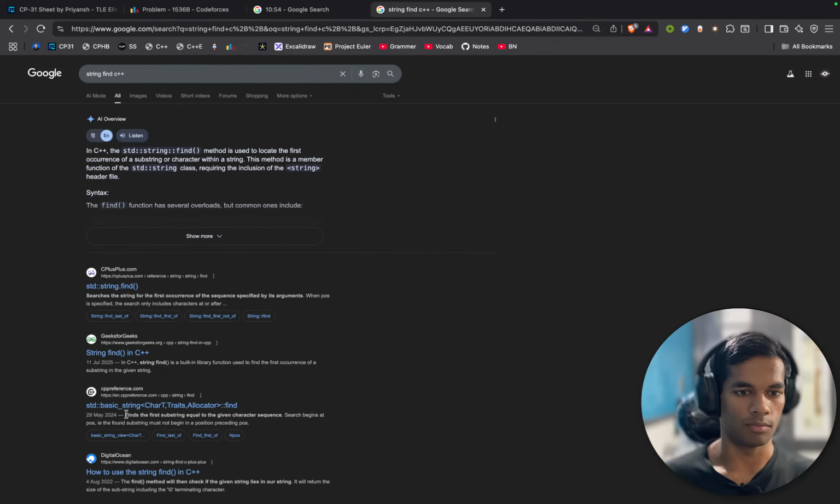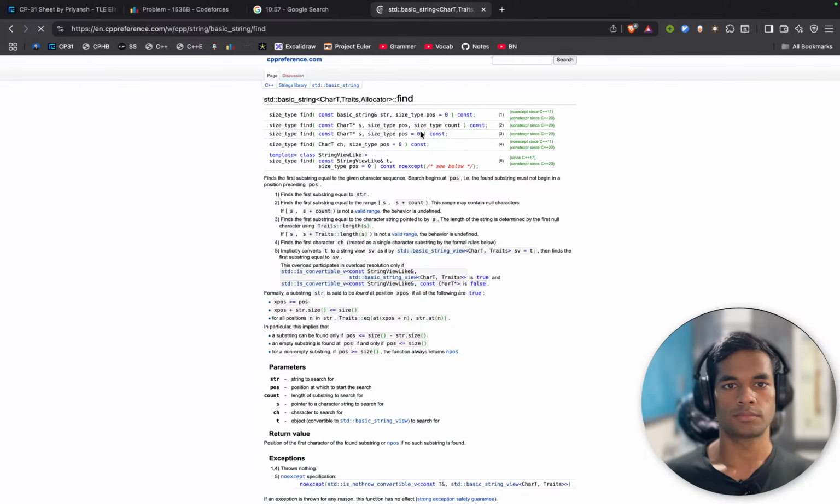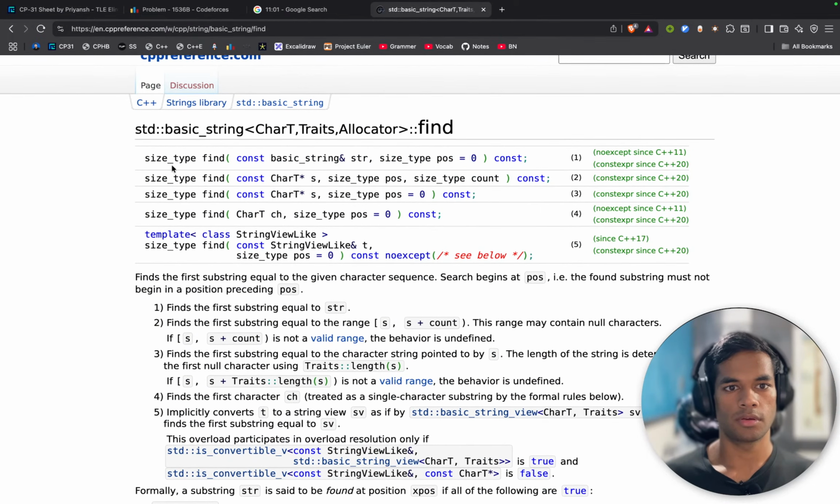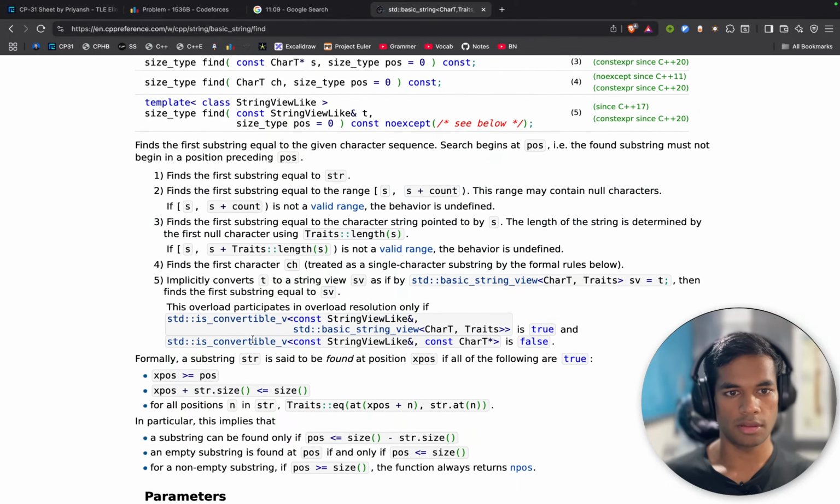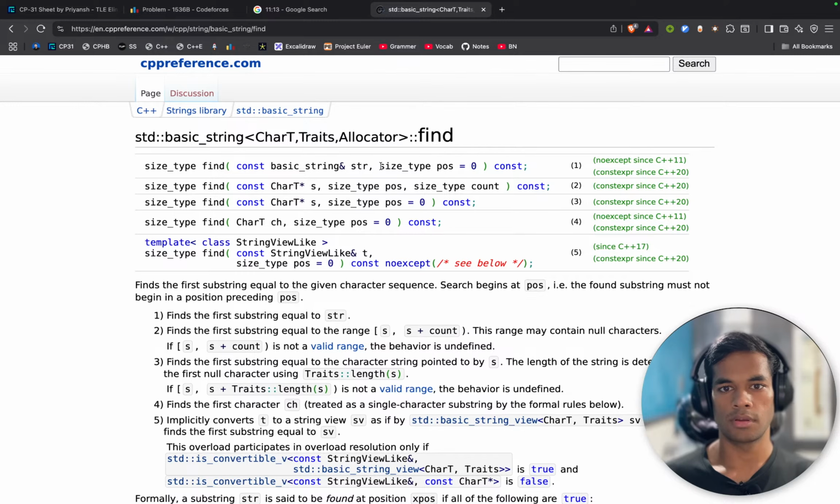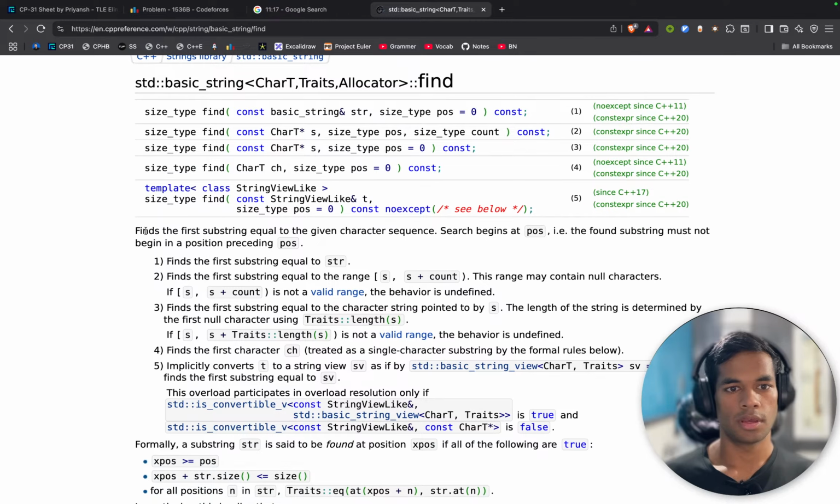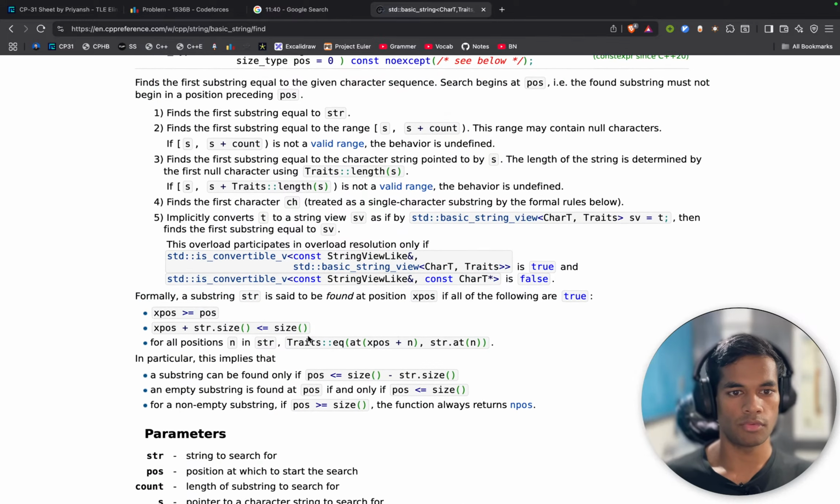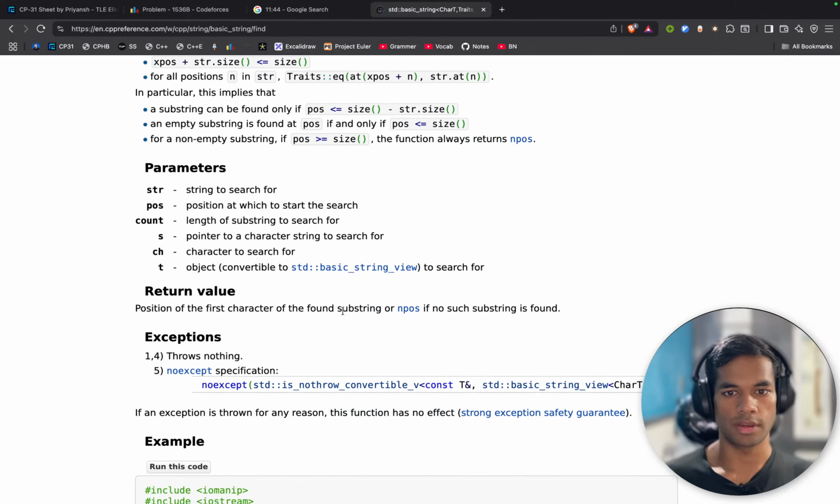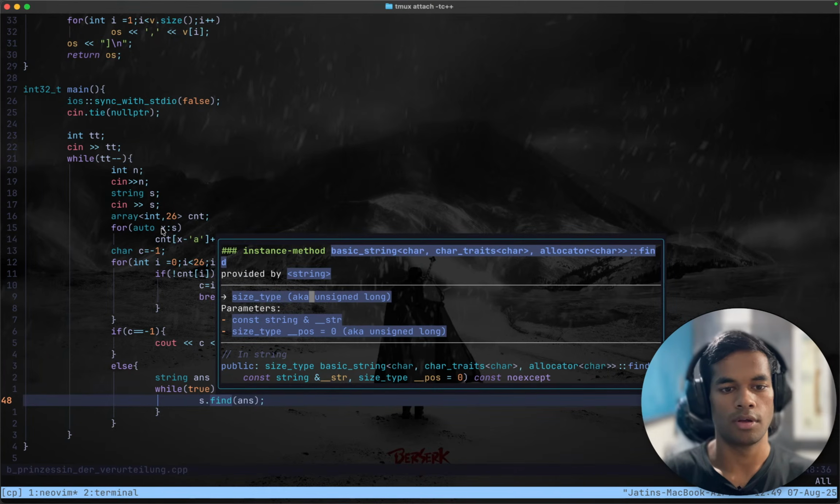CPP reference. Find constant basic. Okay, it returns this thing. So what I'm trying to look is, if it finds the string, it sends the index, but what if it doesn't? Find position initially 0, start looking from there, and finds the first substring equal to the given character sequence. Search begins at position which is initially 0. Okay, everything is here. Formally the return value is the position of the first character, and npos if no such thing is found. Okay,